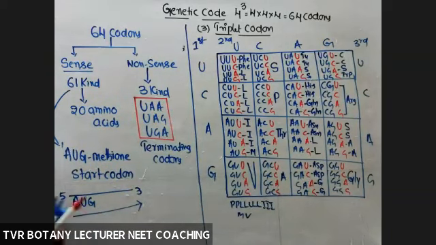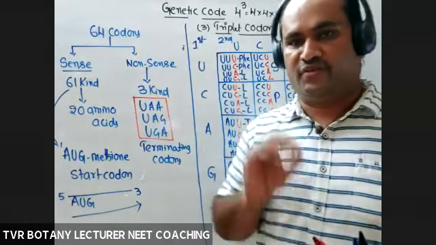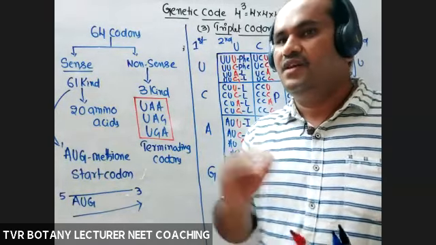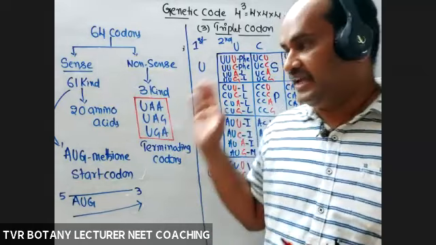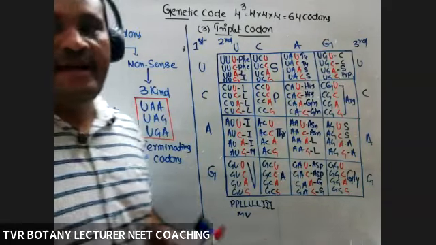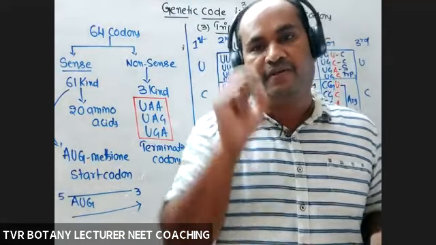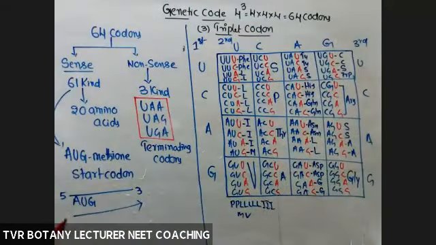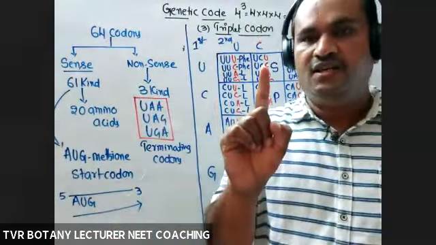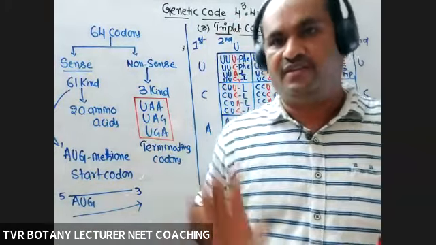Actually, what about the number of kinds of amino acids involved in protein formation? 21. How many kinds of codons are enough? Are 20 enough or not? With nonsense codon 1, 21 is enough. But here, how many are there? 64. So each amino acid is coded by more than one kind of triplet codon. Now the question here is a very important one: what are the amino acids coded by one kind of codon only?